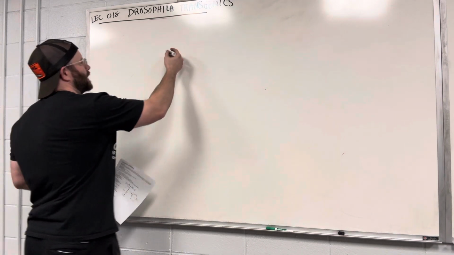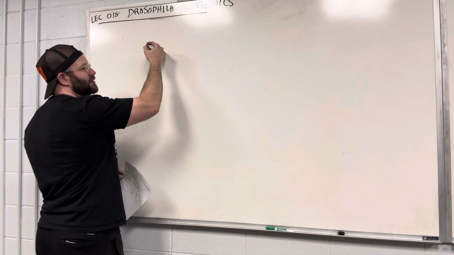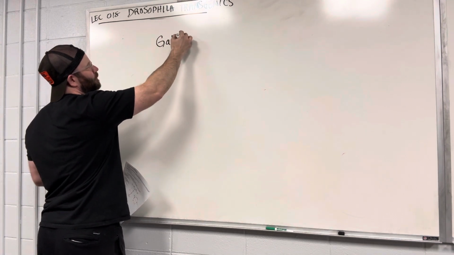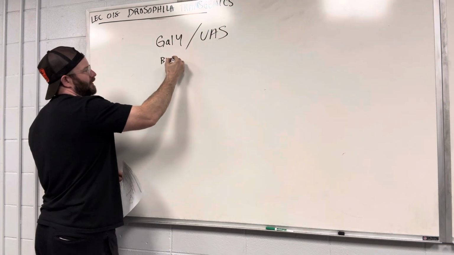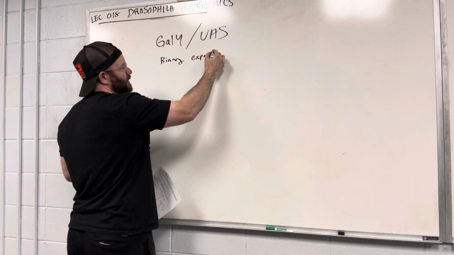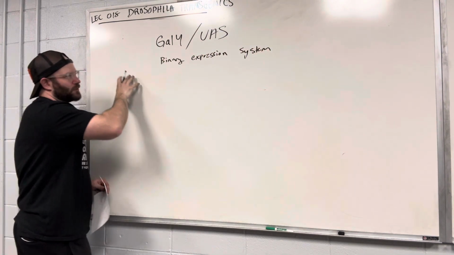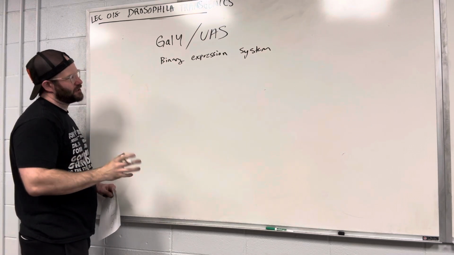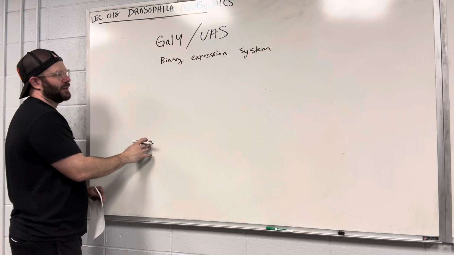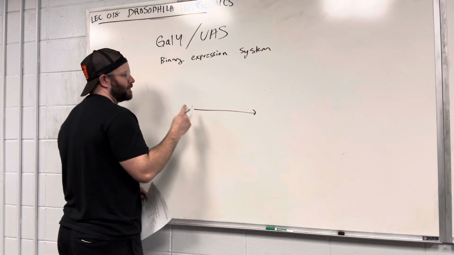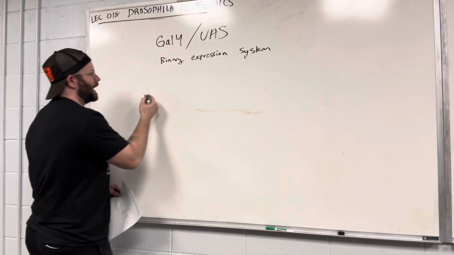Okay, so now we're going to talk about another really cool, complicated genetic system in Drosophila called Gal4 UAS. So this is what's called a binary expression system. Okay, this is one of the tools that makes Drosophila transgenics so powerful. So the purpose of building a system like this is you want to be able to engineer